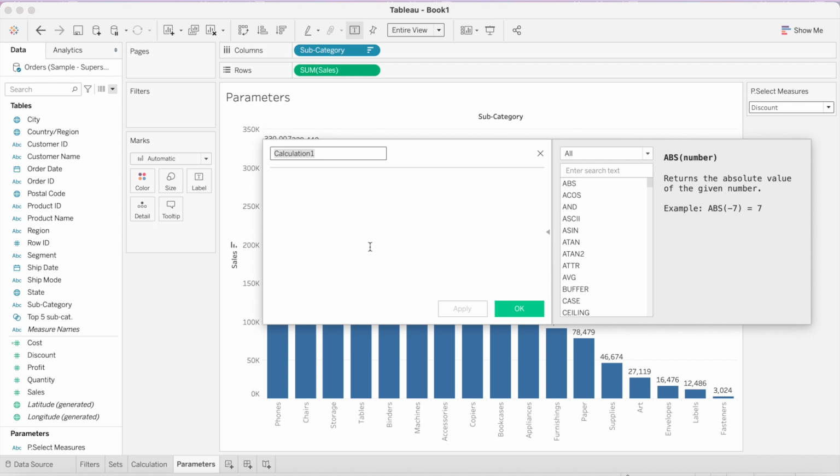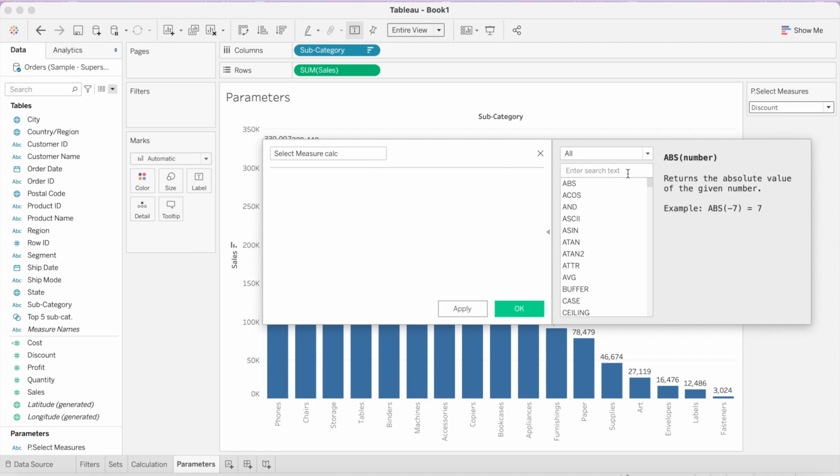So once we have our calculated field dialog box open, let's rename it first, and let's type it as select measure calc. Now in order to create a calculation for this list, we can either use an if and else statement or a case statement.